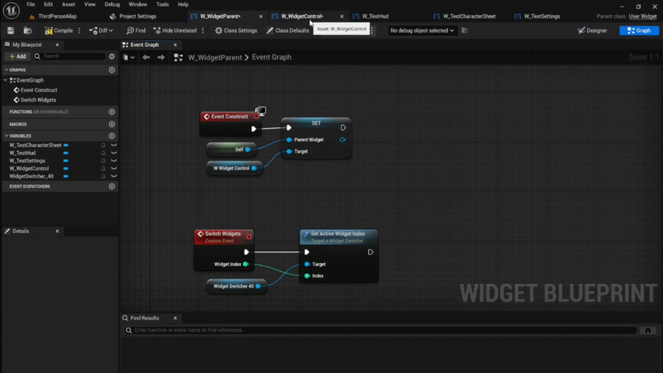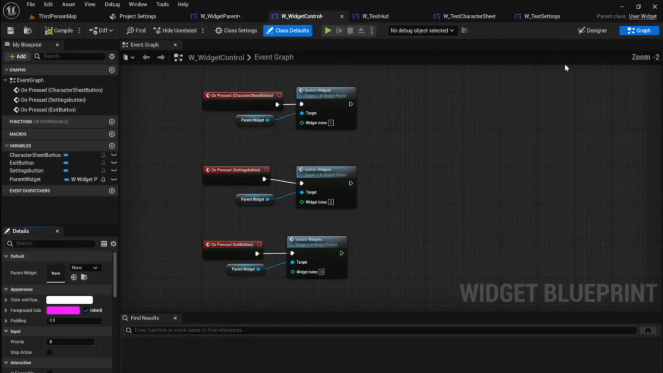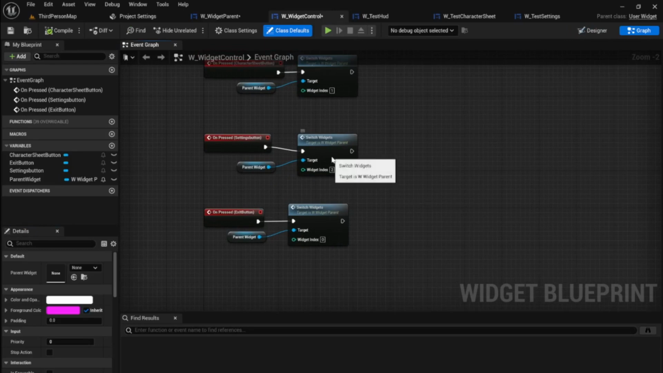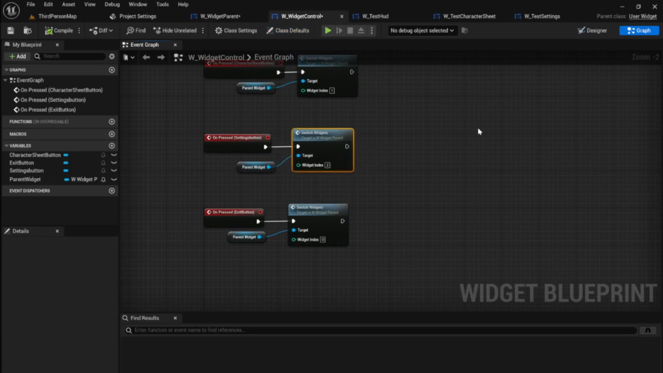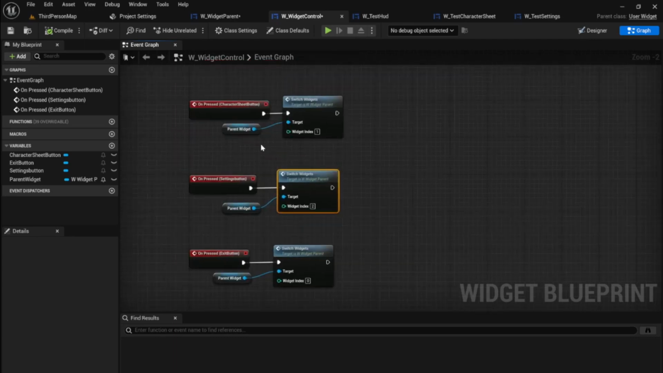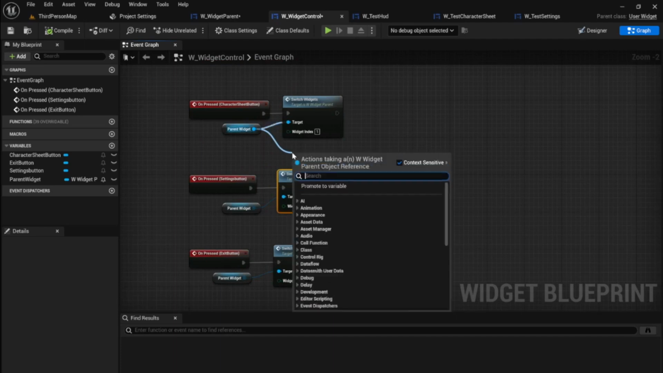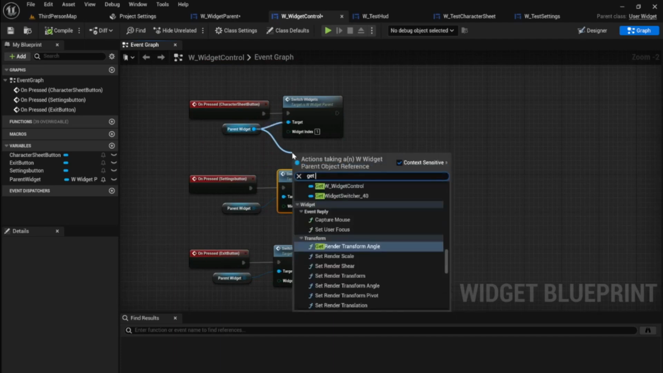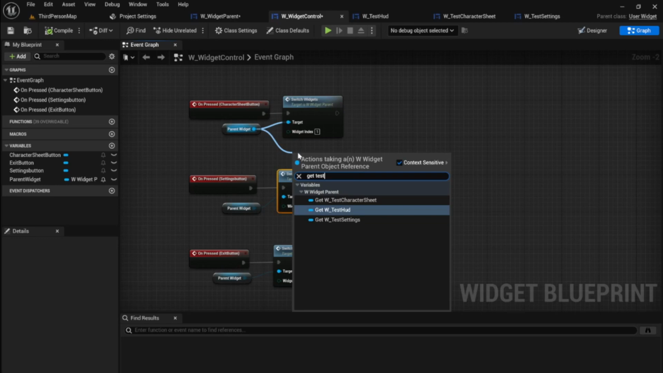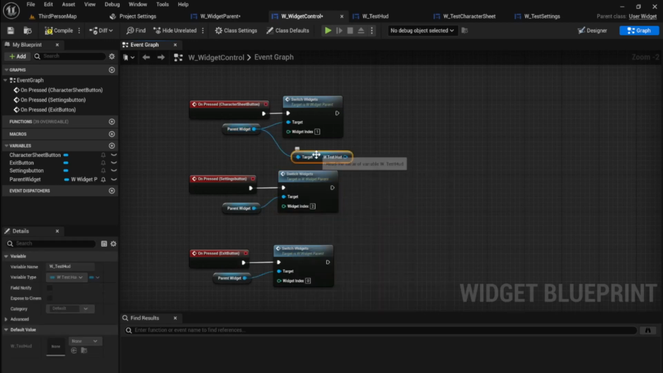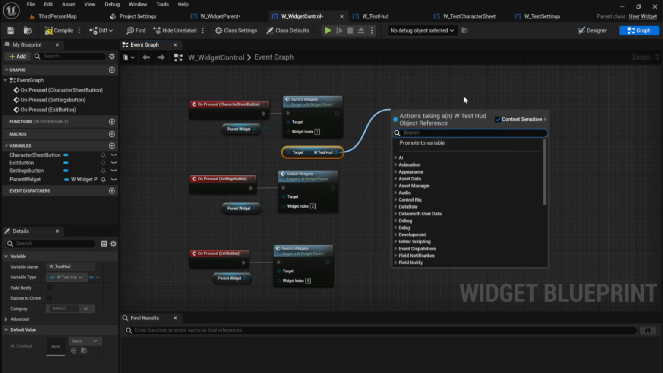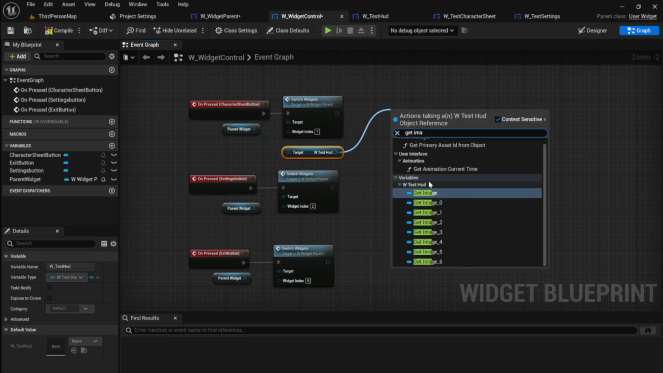In fact, I'll give you a quick example here using the widget control in graph. So say you needed to be able to communicate to your character sheet for whatever reason. So you wanted an animation to play when you switch widgets, right? What you would do is grab your parent widget here, get test HUD, and then you have a reference to the test HUD, and you can do whatever you need to do here, right? So if you needed to get image,